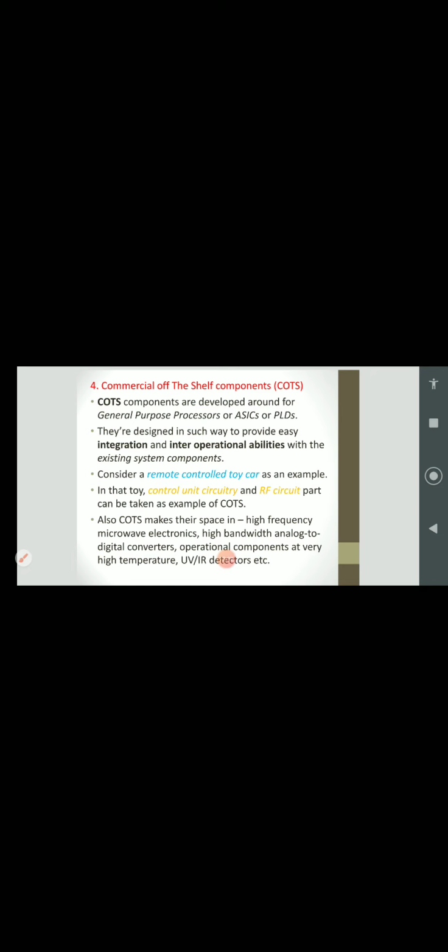And also COTS makes their space in high frequency microwave electronics. These are the application areas of COTS: high frequency microwave electronics, high bandwidth analog to digital converters, operational components at very high temperature, ultraviolet and infrared detectors. So whenever you find application areas like this, we are using COTS there.